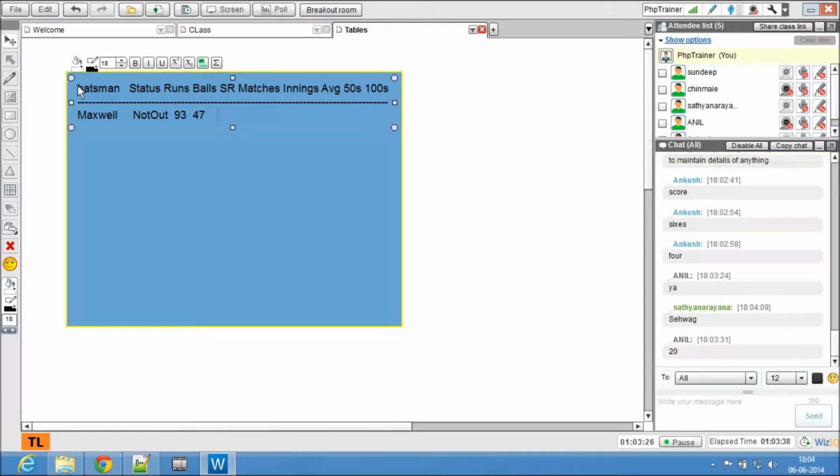I don't know the strike rate. Oh great, Sehwag. Strike rate maybe 200. Matches 10, innings 10, and total runs we missed. Average say 30, 32, 50s 10, hundreds 2, something like this.